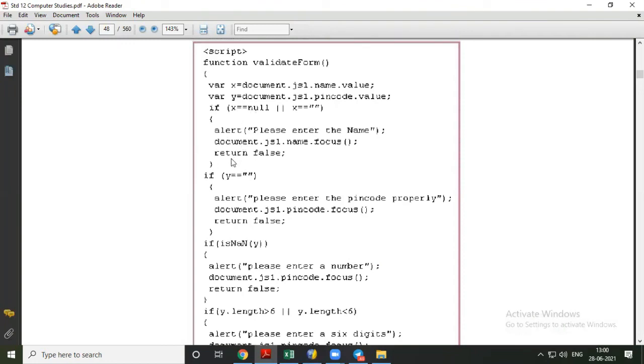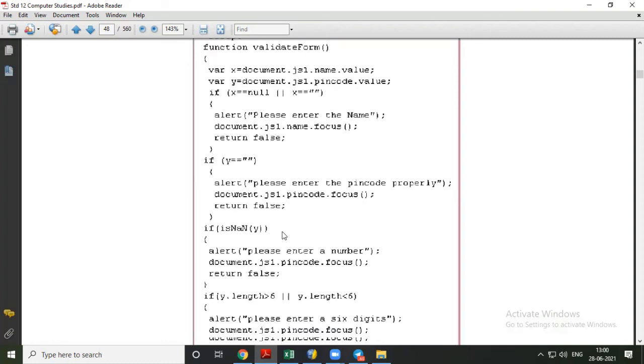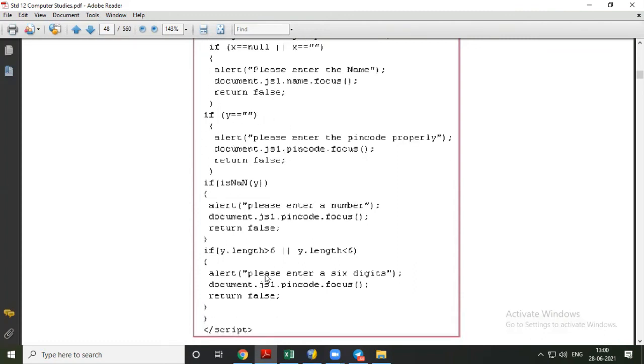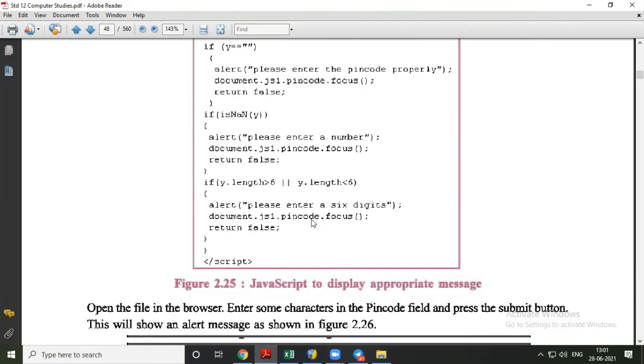If this is null, alert, focus, and return false. Then if this is blank, you can do this. So one by one also you can write this block of if, if you don't want to use it at once. So here this or this also you can put separately, like this is NaN and blank.